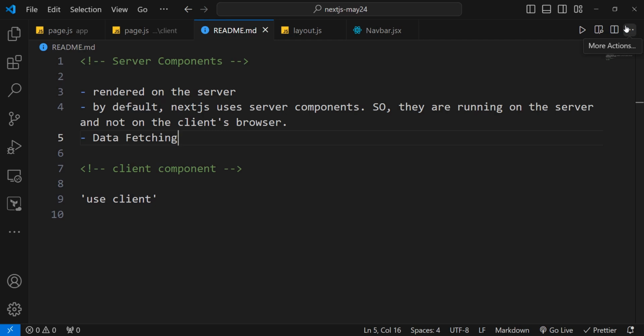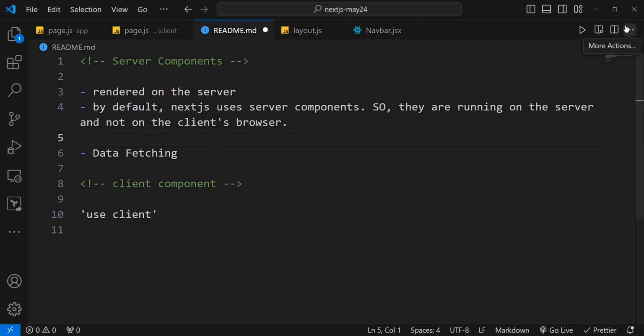Basically, unlike the traditional React application where the user requested a page, and once the page was loaded, there was a JavaScript code which was fetching data from somewhere, right? We used to write that response, then we needed data, which was again using async await. So again, the user's browser needed to make the request, and only when the data came back was it displayed in the browser. With our server components, we right away fetch the data on the server,